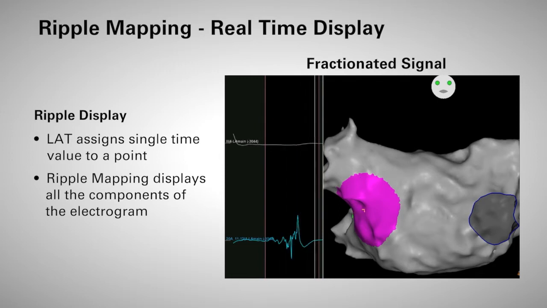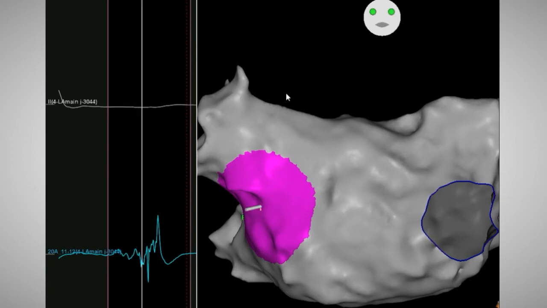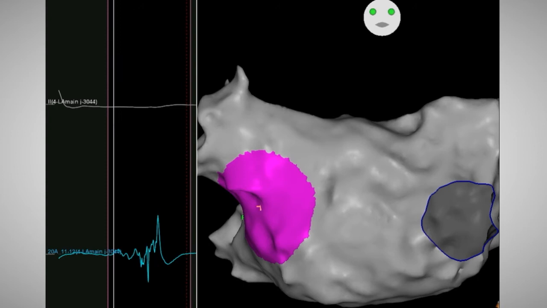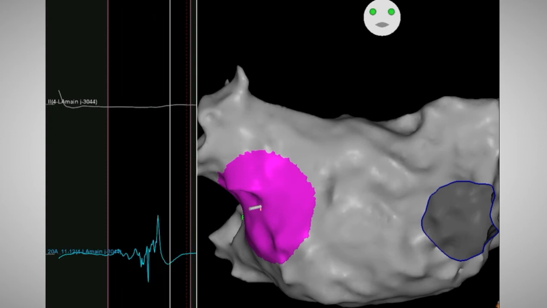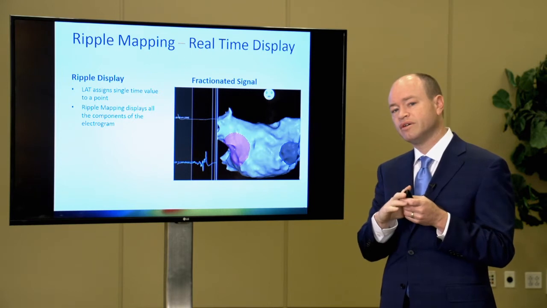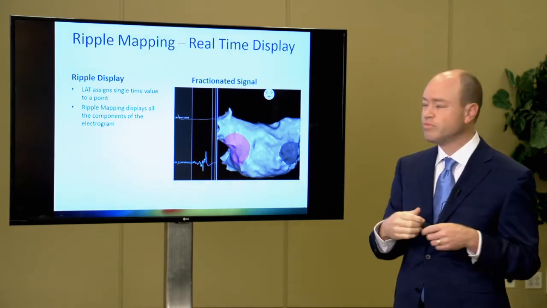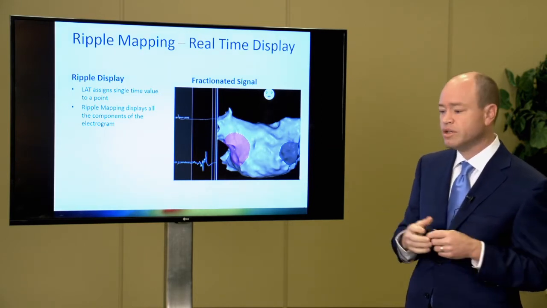and we should see several small ripples building to larger ripples as the voltage increases and then returning back to baseline. You see several small ripples, two large ripples, and then back to baseline. So this is showing all elements of that complex signal. We no longer have to be limited by single point annotation, and it's remarkably helpful in scarred zones or zones of